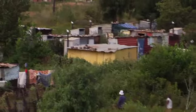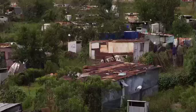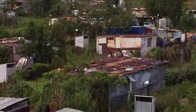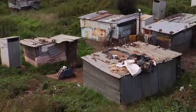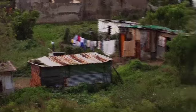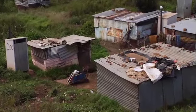This is the area called Kliptown. There's history in it. The Freedom Charter that determines the policy of this country was also adopted here, but it's one of the very poorest areas. As you can see, shack dwellings, and all those people stay literally in shacks here. And there's no water, no electricity, no drainage, nothing. Wow, and this goes...